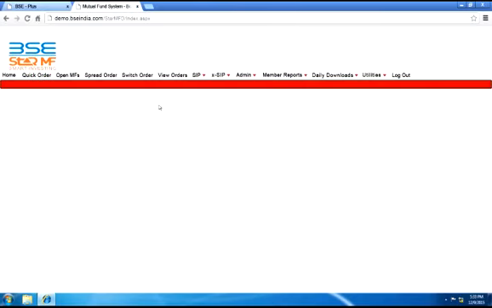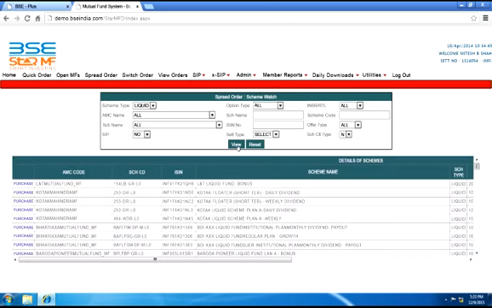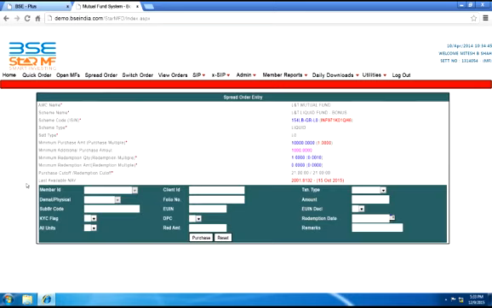For spread order entry, let's select spread order from the main tab, which will navigate you to the spread order scheme watch page. Now you can select the correct options and view the spread order entries. But note, in this window, only liquid schemes of the AMC would be available. Now to place the order, click on purchase. Clicking this will take you to the spread order entry page. Now you can fill in appropriate details.